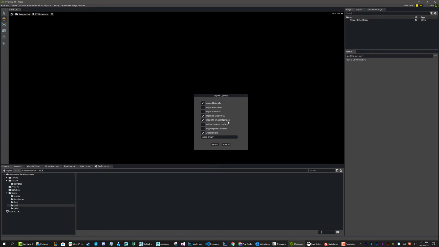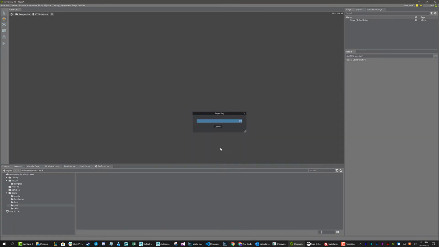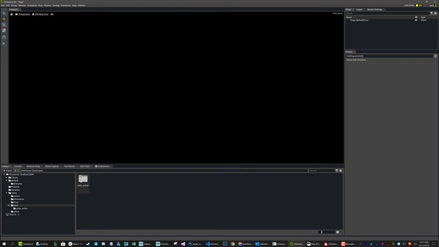Anyhow, we can also smooth the normals, which I want, and I don't need any preview surfaces, and I don't need to support point instancing. So that's perfect. And here I just get an option to create a folder, which I'm going to want to do, and that's going to be the same name as the asset that I'm importing. So that's perfect. Okay, great. Now I'm just going to go ahead and hit import, and voila,